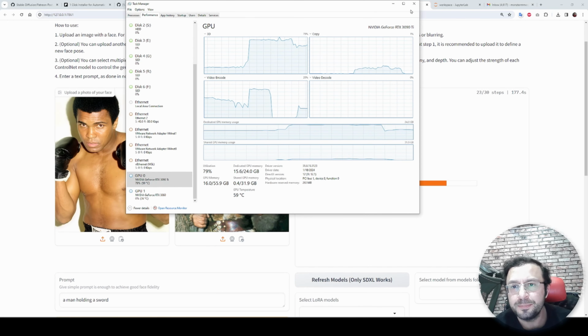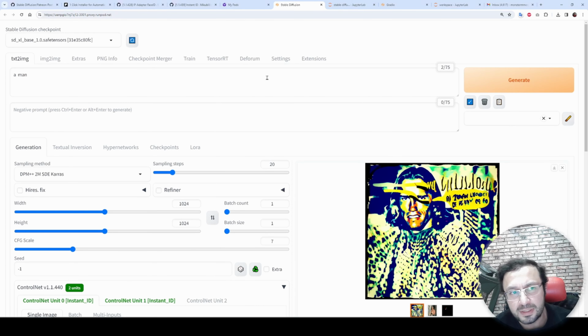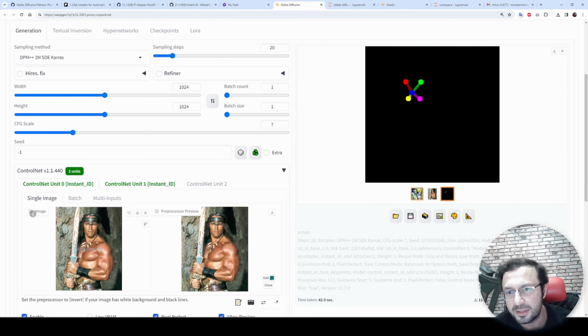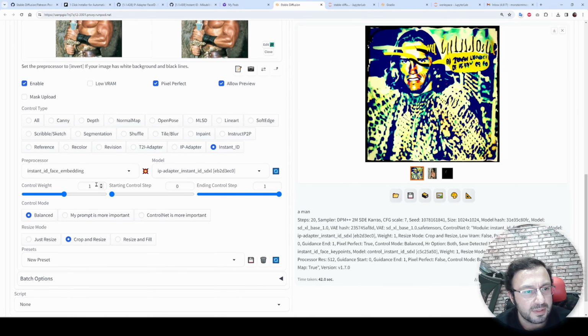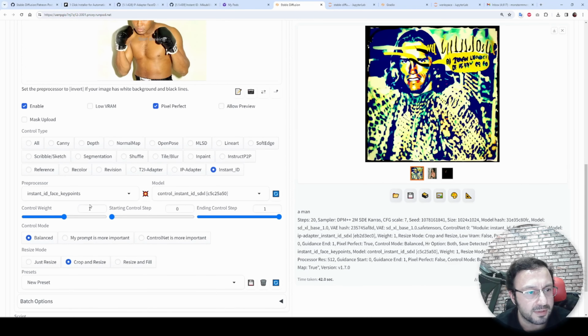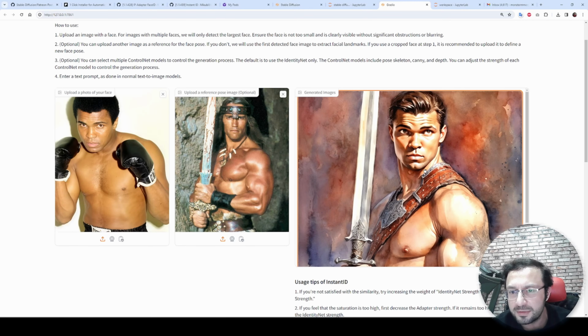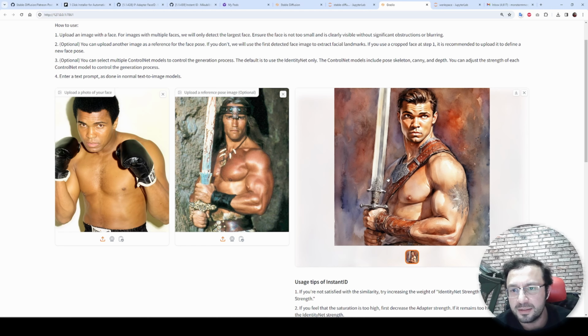Be careful with that. We got the output of the ControlNet inside Automatic1111 Web UI with the Instant ID, and this is another output we got. It is just horrific. So let's try to make the ControlNet weight like 0.5 and 0.5 and try again. And this is the output we got with the Instant ID that we have.